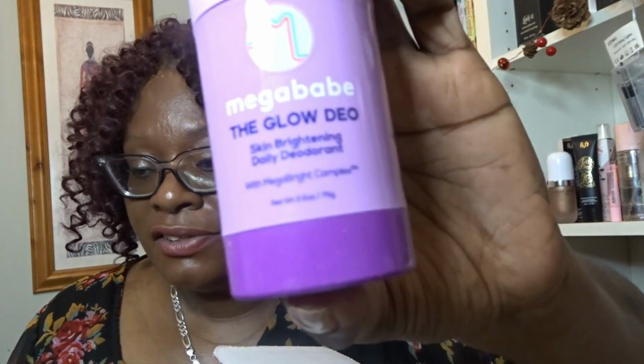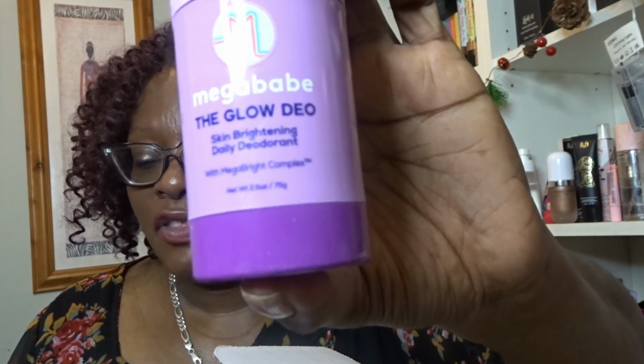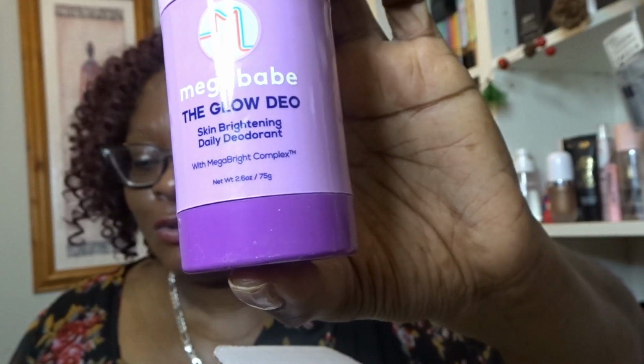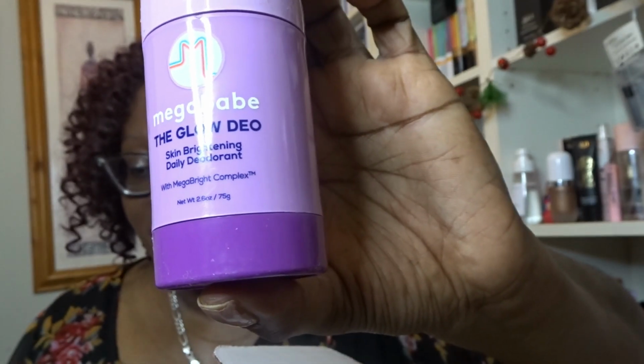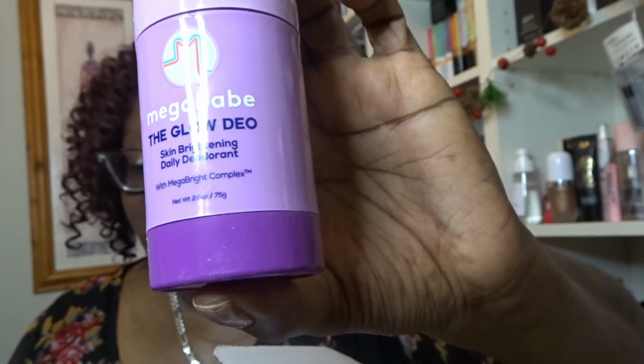Right, what else we got? So we have also got, blimey, right, this is something different. We've got a deodorant here, Mega Babe, the Glow Deo, Rosy Pits or the Smoothie Deo. So while you'll love it, no matter which scent you're trying, these deodorants smell fresh and stay that way all